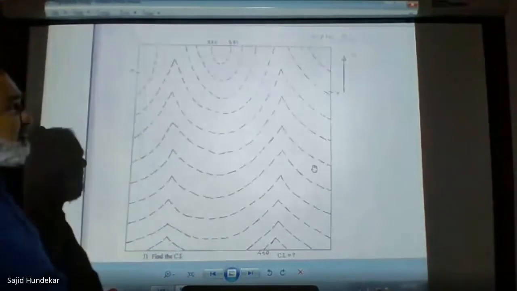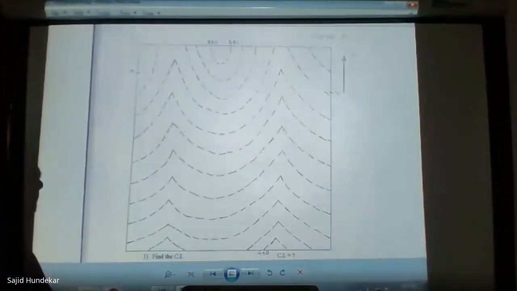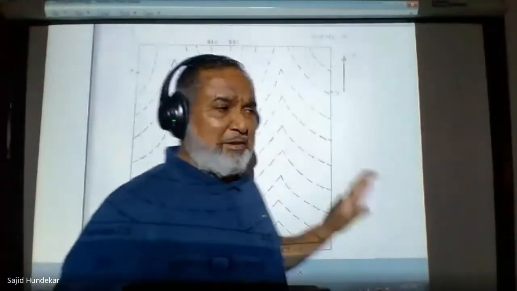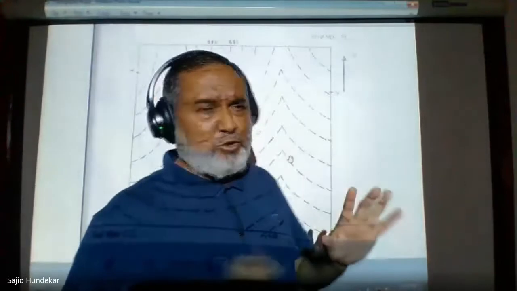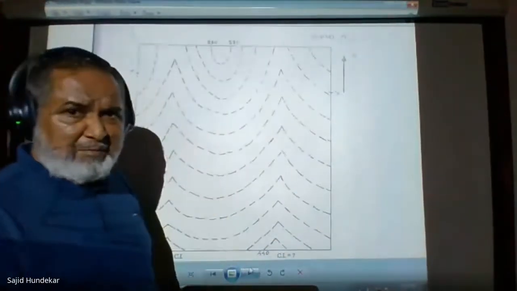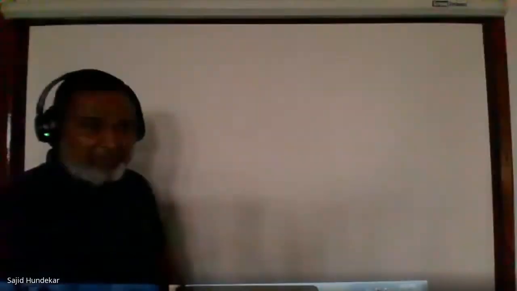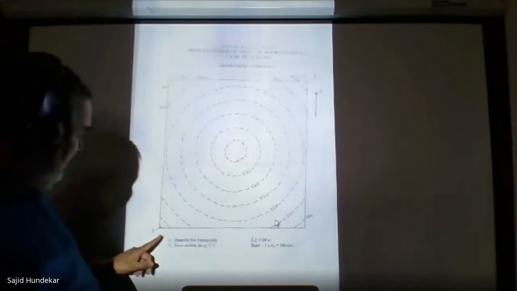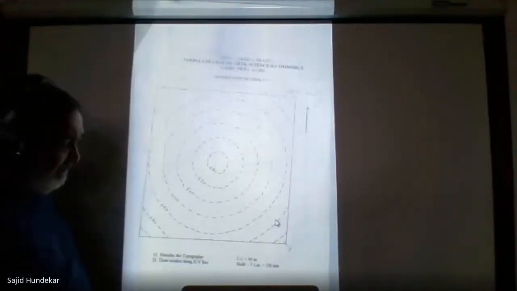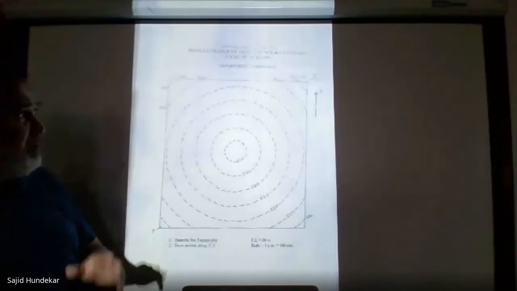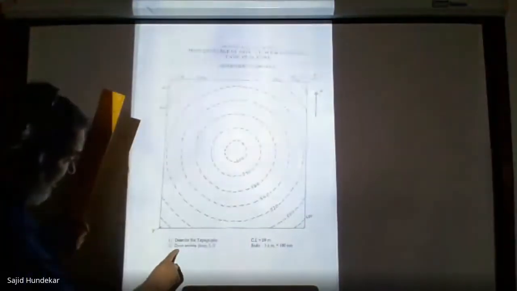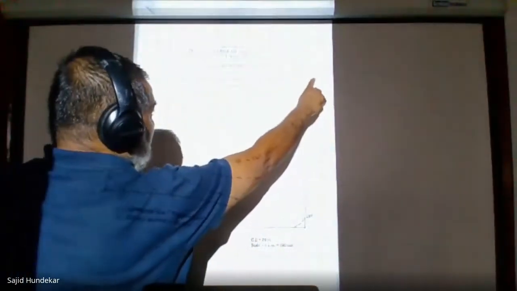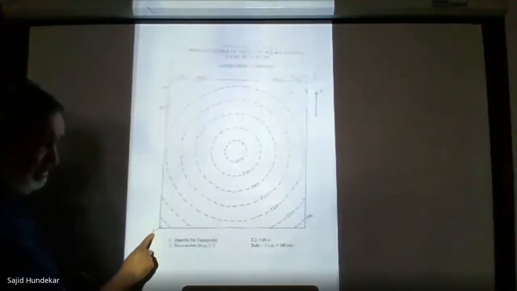We'll go to the next one, number 5. Earlier we were taking 8; now for you only 4 maps are there. Now we'll go again to map number 1. The second question: you have to draw the section along the XY line. Draw a section along the XY line. Here we have map number 1, and the second point is to draw a section along the XY line. Here X has been given on the right-hand side corner and Y on the left-hand side corner.